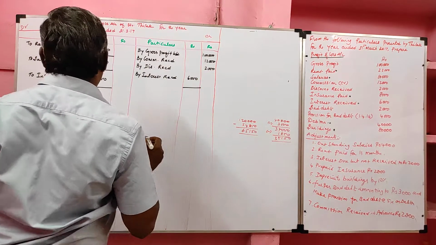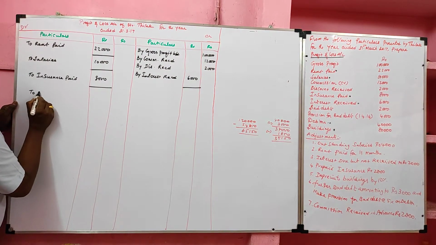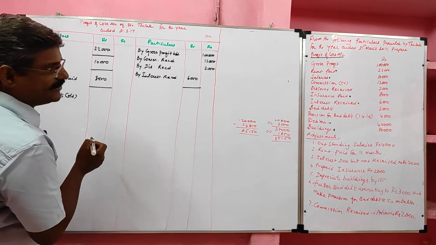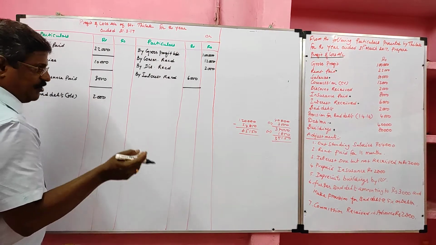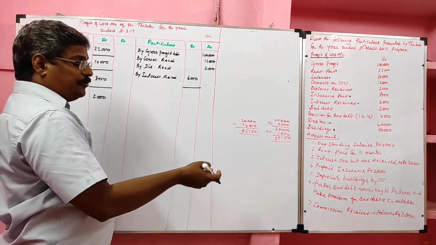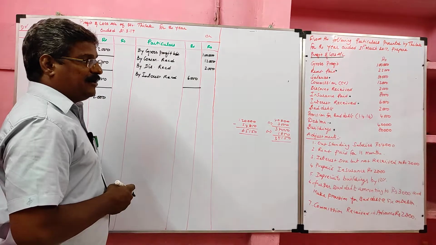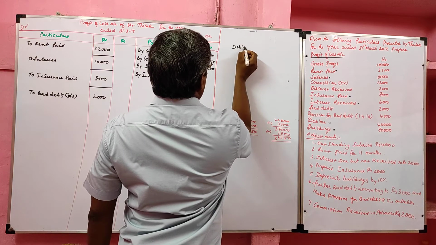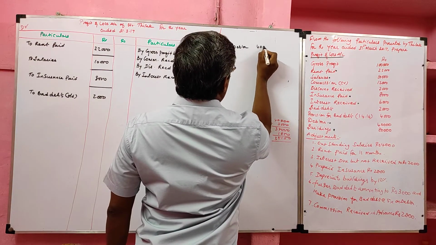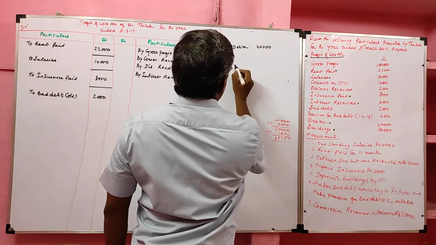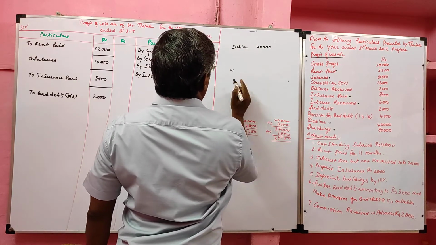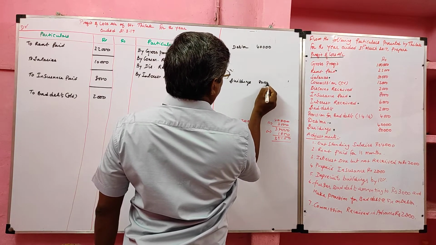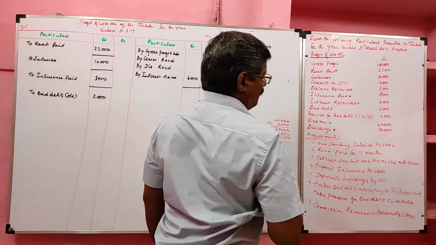Bad debts, it is old bad debts. Bad debts given in the trial balance, we should consider that one as old bad debts, should be recorded in the inner column. We have to leave some lines because new bad debts is there, old provision is there, new provision for bad and doubtful debts also is there. Then debtor not required for the profit and loss account, will use for working purpose, debtor. Then building also we can use for working purpose, value 80,000. Okay, now we have first adjustment.